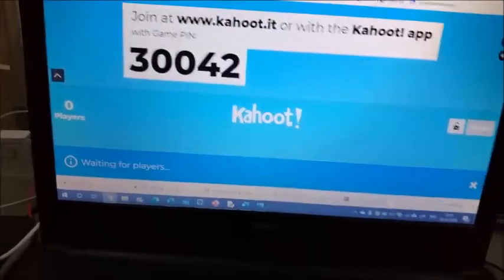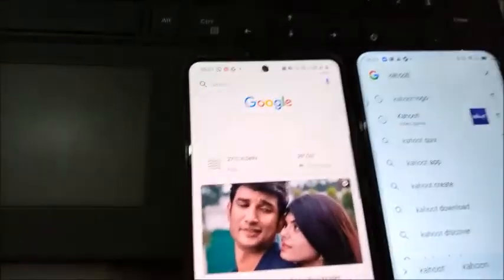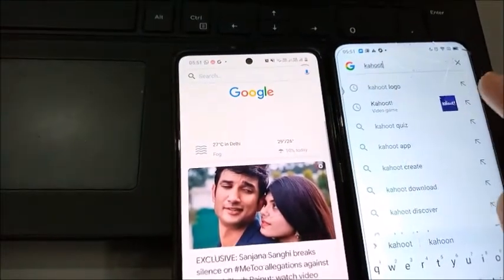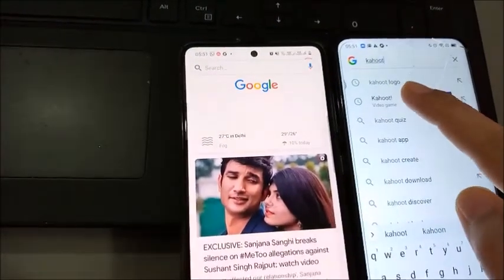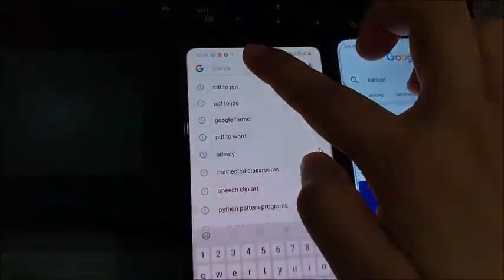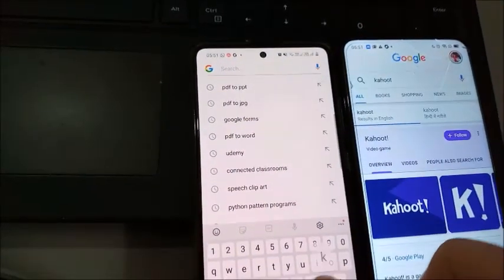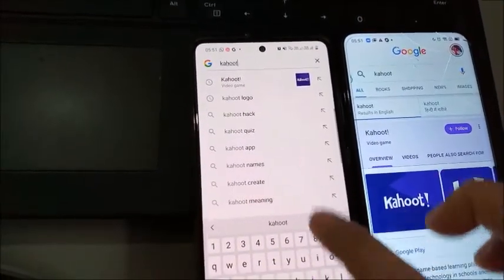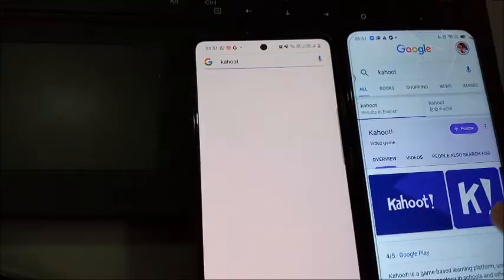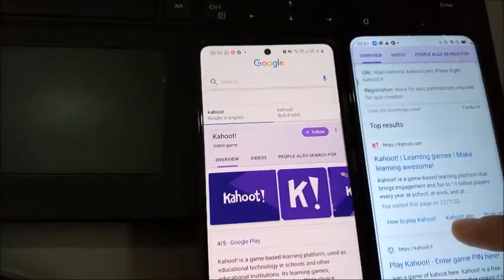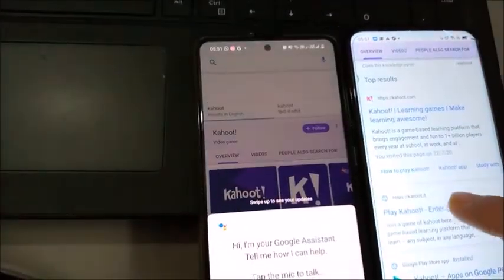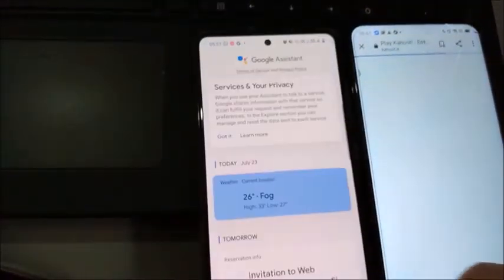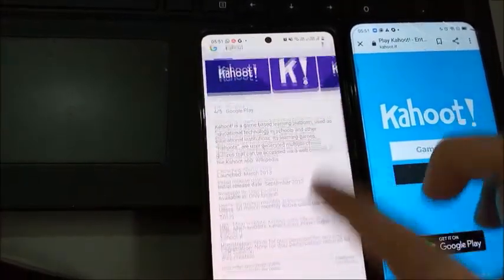What I am going to do here is go to Kahoot from both the phones that I have. So you will go to kahoot.it, and I'm just going through both the phones.